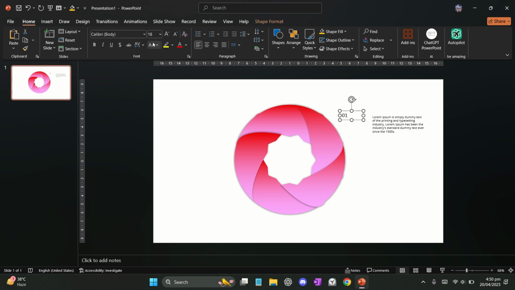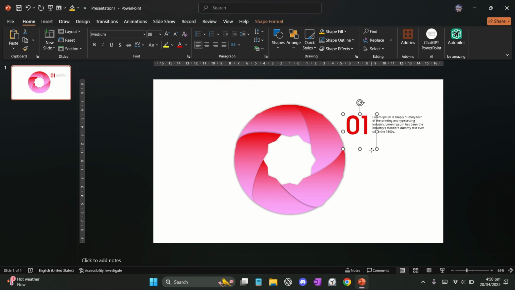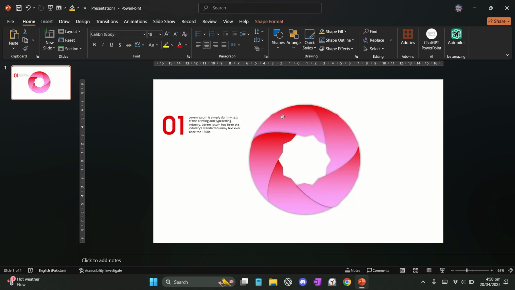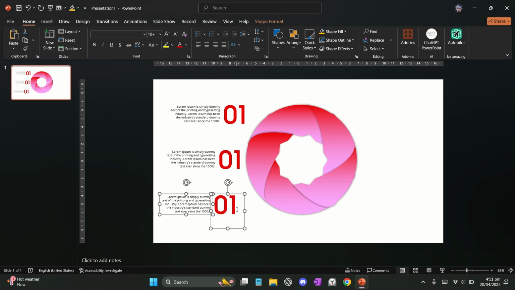Next, what we're going to do is insert a number along with the text which says what number of text this is. So this is gonna be our first text box, and so we're just gonna put it onto the left side and then move the text box to the right side that has the number, and for the text box we're just gonna move it to the left side, give them the right side alignment, then duplicate the text boxes